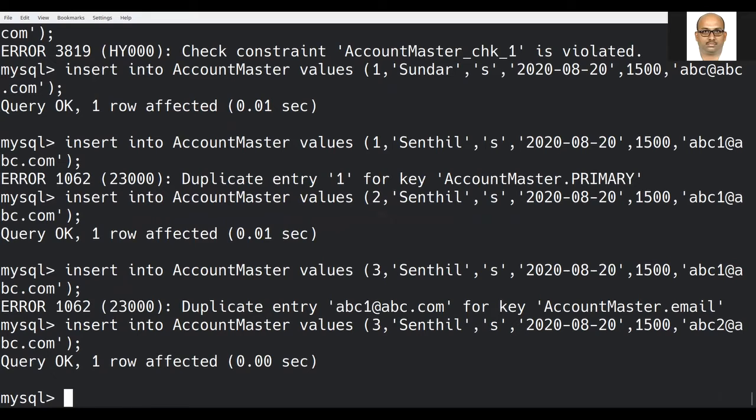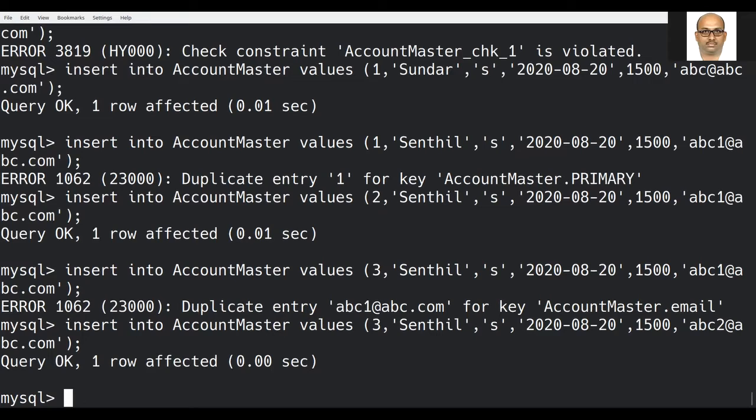Not null we have checked. Then check constraint we have checked. Unique we have checked. Then default and foreign key is pending.